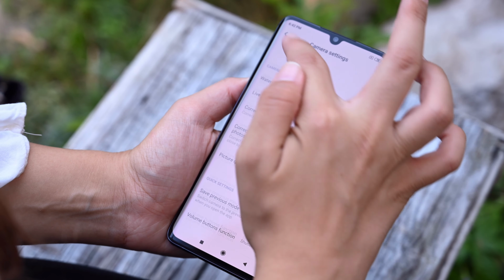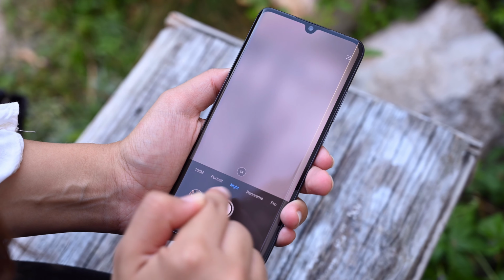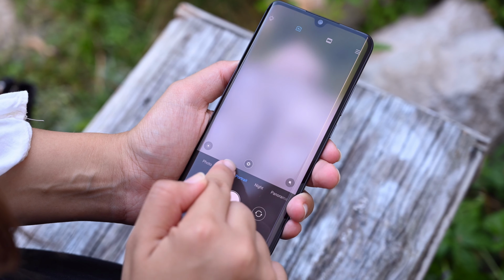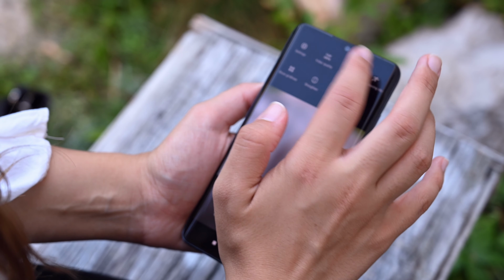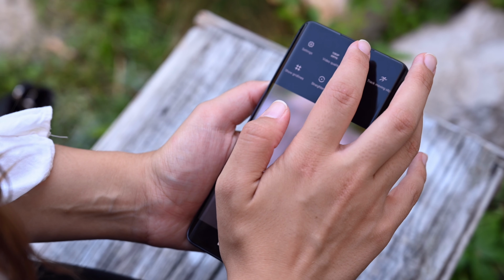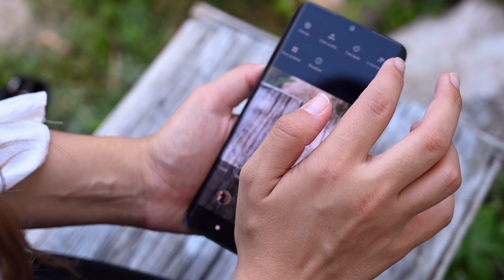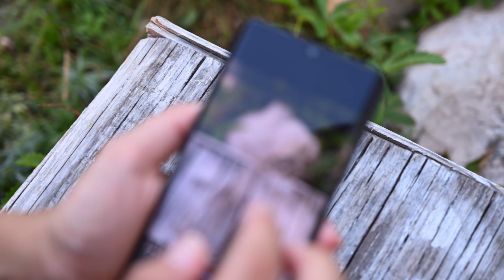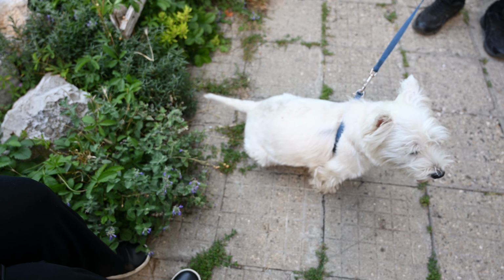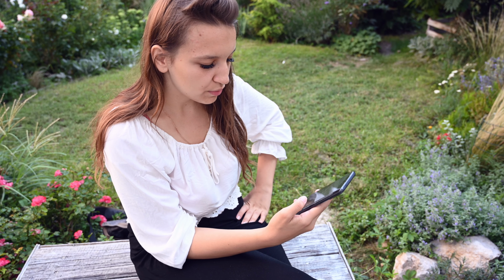Here are the settings. You have the portrait mode to blur out the background, night mode, panorama, pro mode, and video mode. And in the video mode you can choose between 720p 30 fps, 1080p 30 fps, 1080p 60 fps, 4K 30 fps. You have time lapse and slow motion, and also a special track moving object mode. This was the camera interface, and now I suggest we make some photos and try it